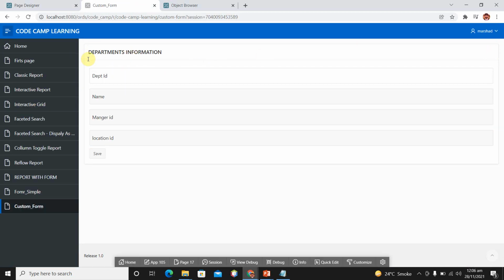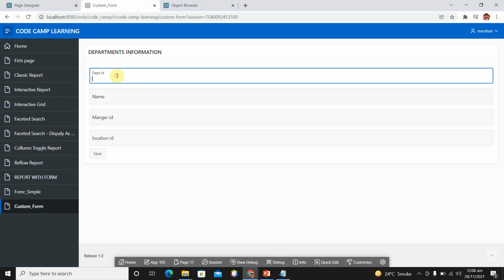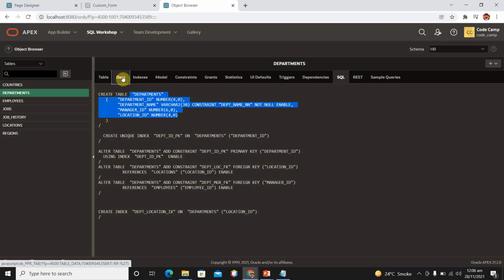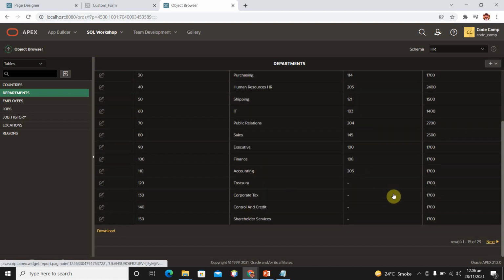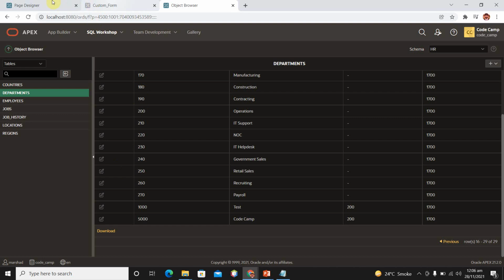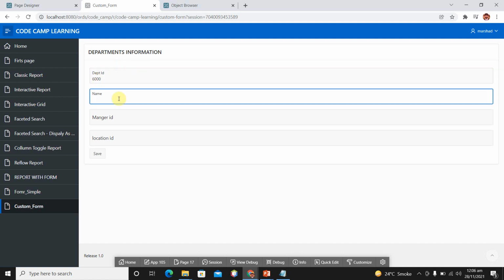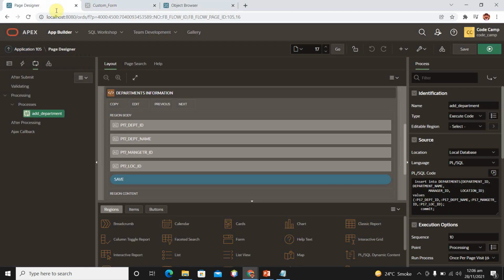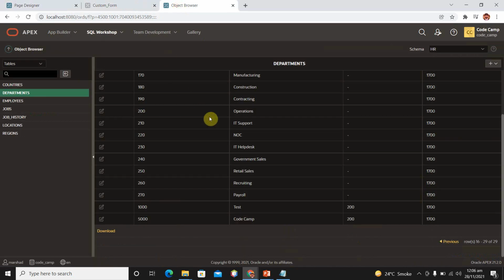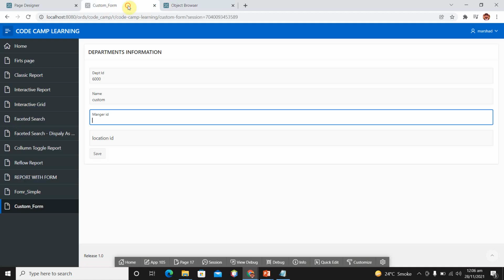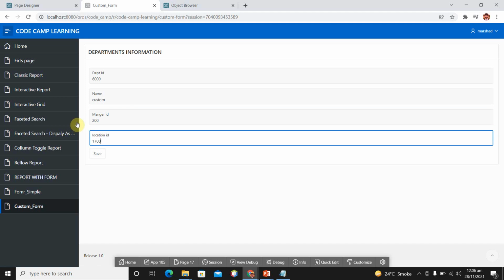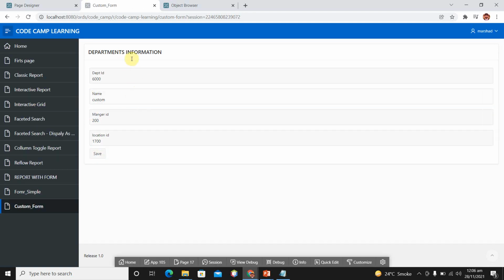So this is our custom form. Provide department ID. Let me check. The last department ID, I think so, is 5000. Okay. Now add department ID 6000. Name of the department is custom, and then we have manager ID. Let me check. Manager ID is 200 and 1700. Click on save. So data saved in our